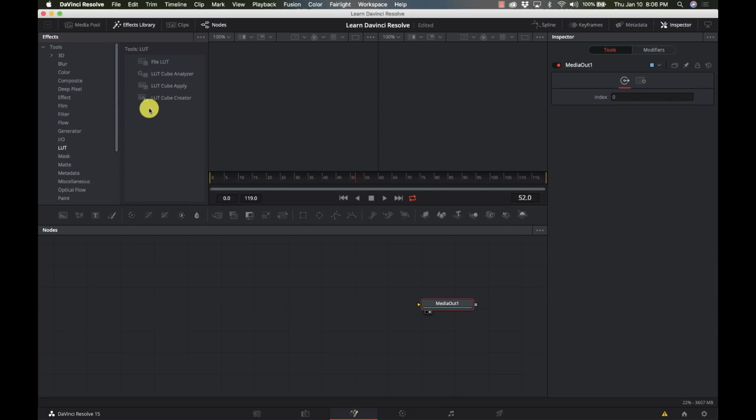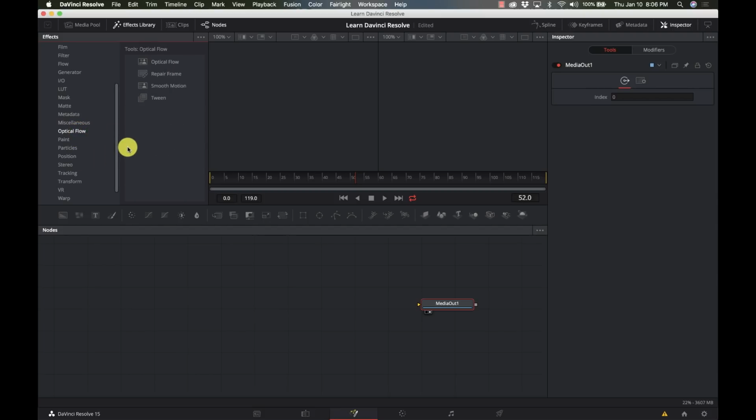If we want to work with LUTs, because we can do all of our color grading in Fusion as well. And sometimes we need to if we're mixing different types of footage or some text that we want to kind of match to things. So sometimes we need to do our color grading within Fusion, and we can do that in here. So different types of masks, different types of mats, metadata, some miscellaneous things here, some averaging, time speed, time stretcher,